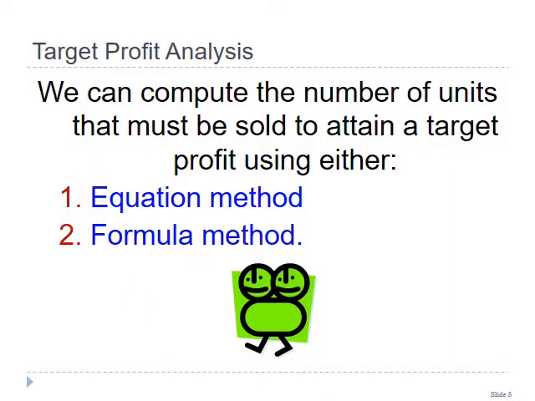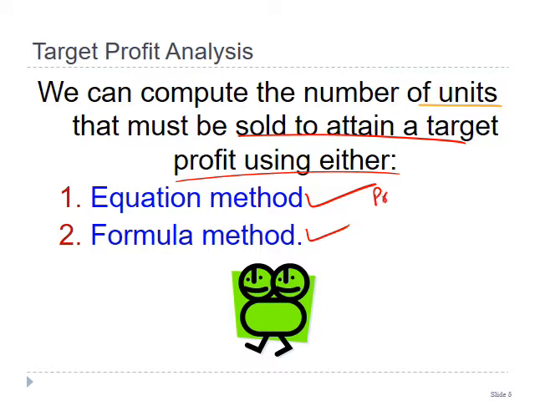So, target profit analysis. We can compute the number of units that must be sold to attain the target profit. We have the equation method and the formula method. Both methods are the same. You can use either of them. In the equation method, you can also derive what we